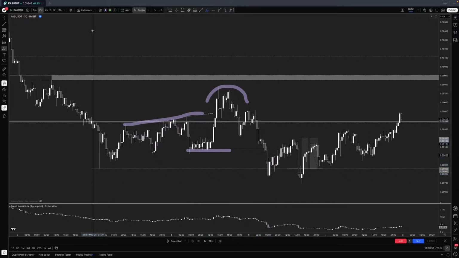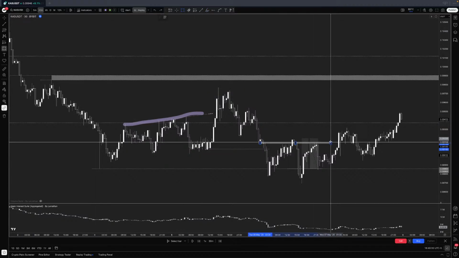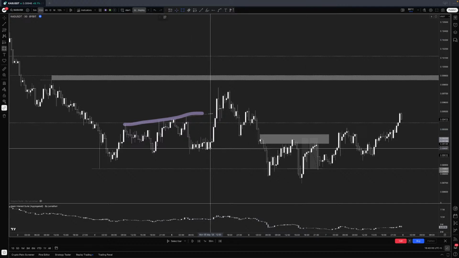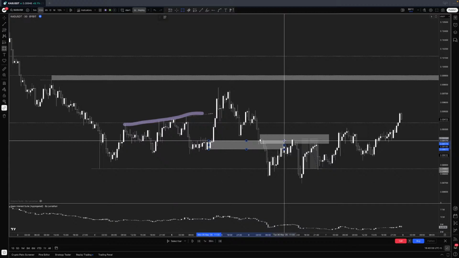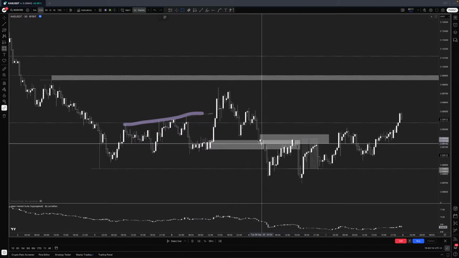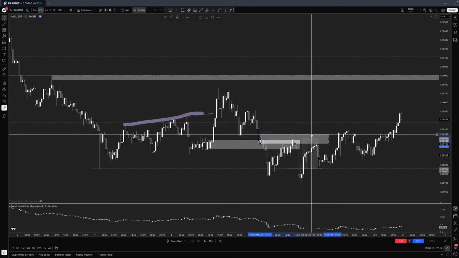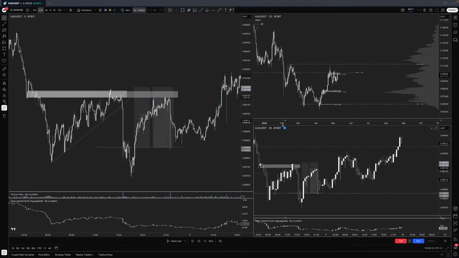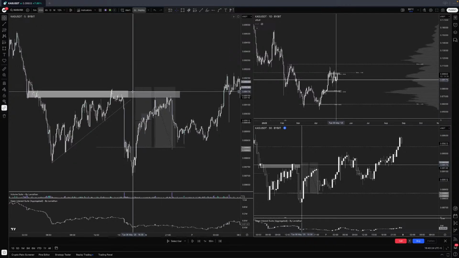Where was this shift on market structure started? With this bullish candle over here, which is also confluent with this bearish candle, which most of you guys should call the breaker. And as you can see, in between these two, we have a zone over here. So if I erase this, you are going to see that in the 5-minute chart, that zone was there.